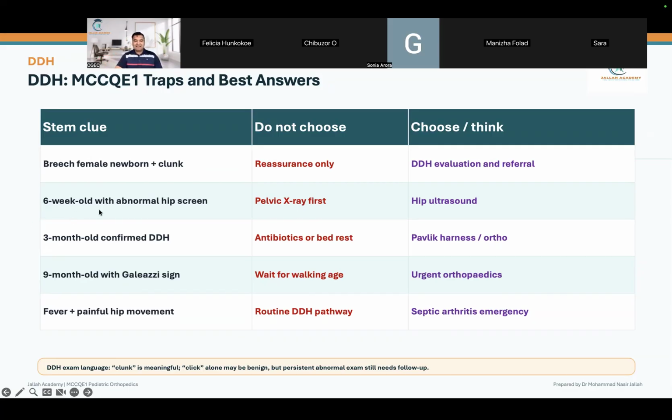Okay? 6 weeks old with abnormal hip screening. Do we have to do X-ray? 6 weeks is less than 4 months. I cannot do the X-ray. The best one will be ultrasound. I can do the pelvic. Remember, when they put 6 weeks,